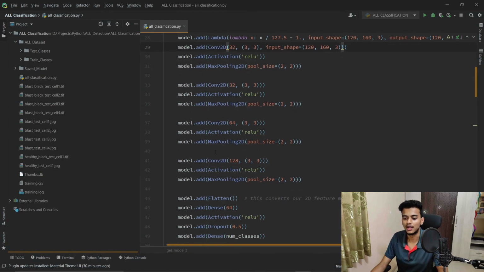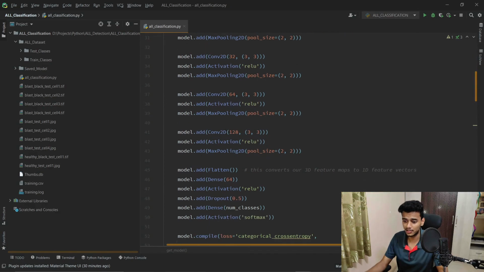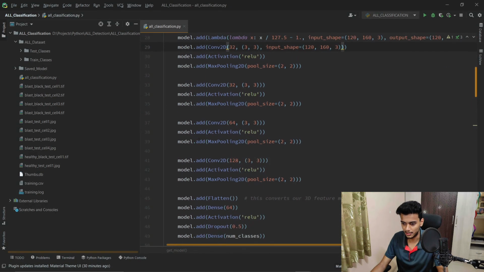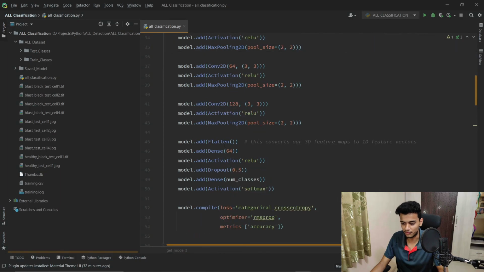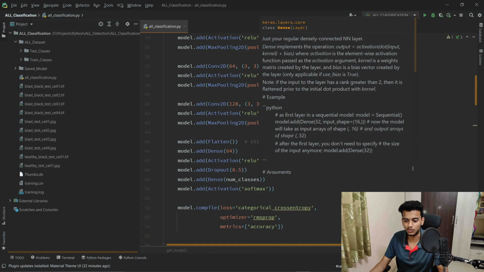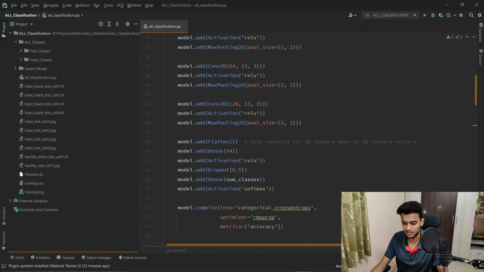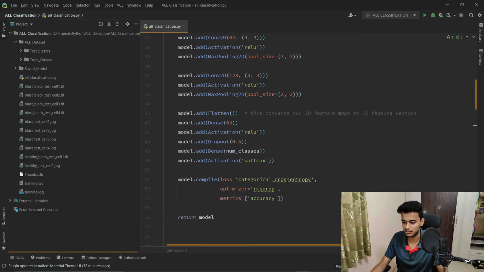Now the fourth hidden layer, sorry, in the fourth hidden layer we are using 128 kernels. We have flattened the whole hidden layer, and in the final output layer we are passing the number of classes, the 2 classes, a healthy cell or a blast cell. After that, we are applying the softmax activation function, and we are compiling it with categorical cross entropy and RMSprop as the optimizer.